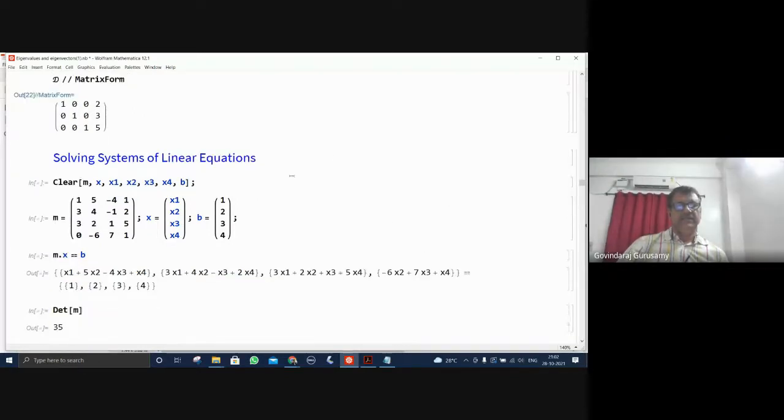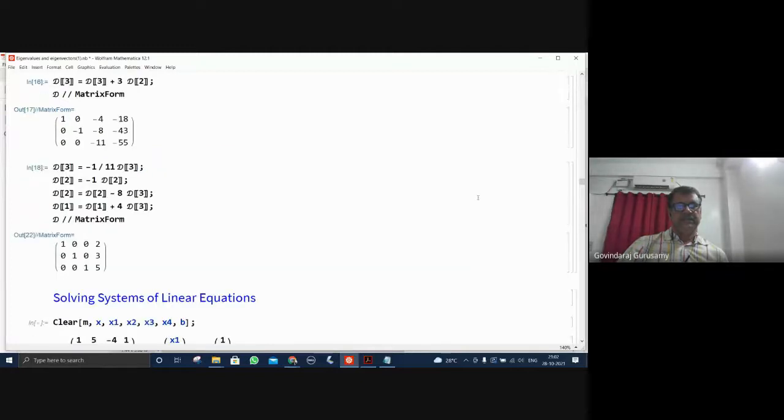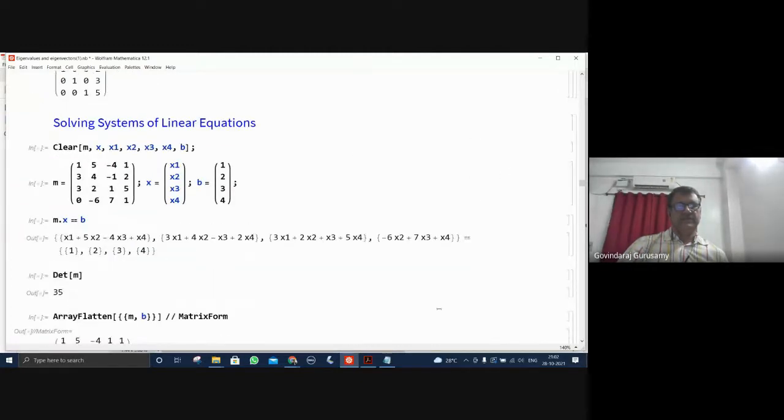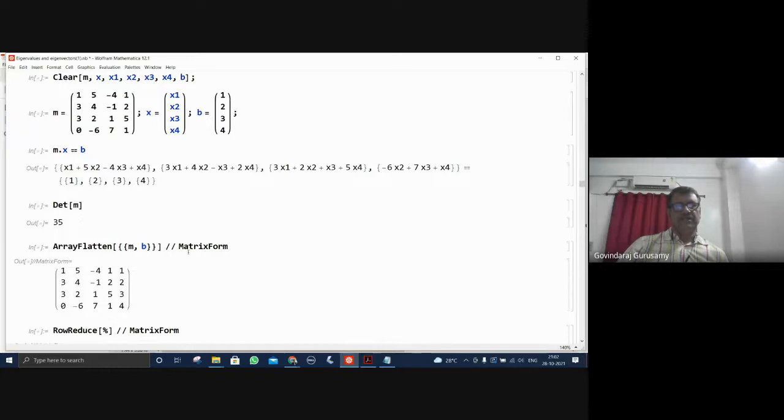Okay, solving systems of linear equations. This is also being done here. So now you can see here, the matrix is this, and x values are given here, x1, x2, x3, x4, four unknowns, and b is this one. This is something like m dot x equal to b. That's what this equation is. So m is here, dot x is here, and this is equal to b. So this is what will be given, and you will be writing these equations like this, in matrix form.